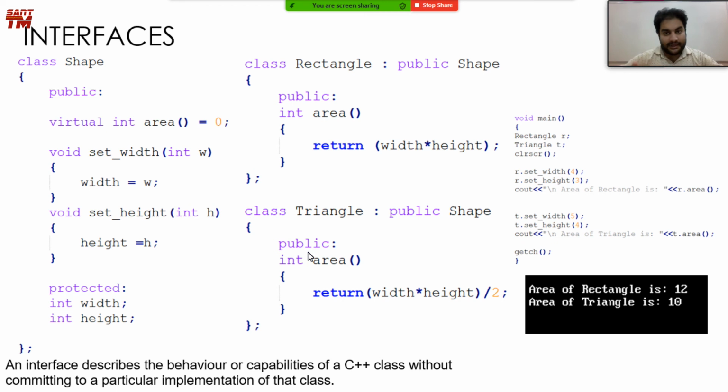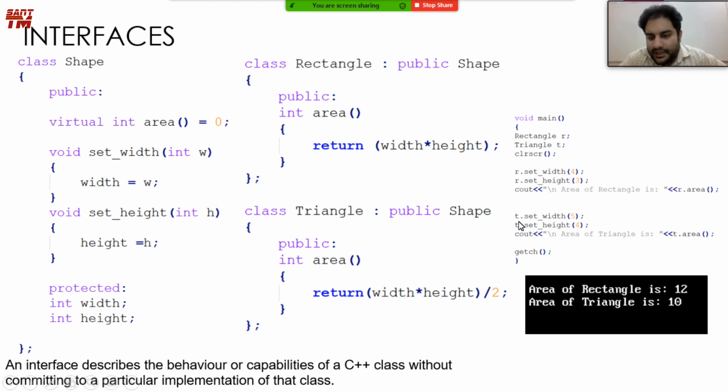We are manipulating the body of a pure virtual function using our own different implementations. And as this pure virtual function exists in this shape class, it is called the abstract class, and it is also called the interface. Why? Because we can define different implementations in different derived classes of this shape because of this pure virtual function. See now here,